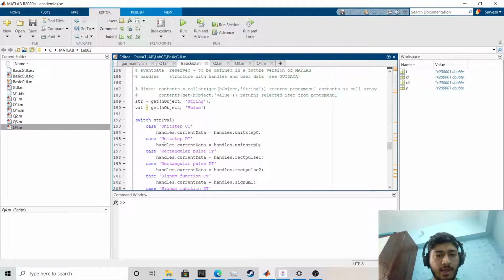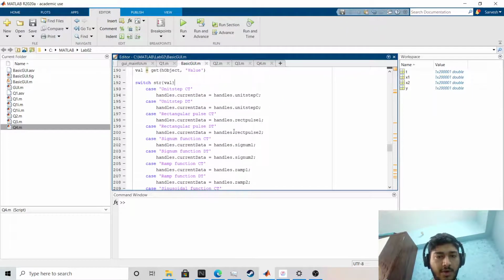If we select unit step DT, this will be false, this will be true. The handles.current data, which is the current data we are working on, is sort of the main variable of the structure. We will equate that to handles.unit step D, which we defined earlier.